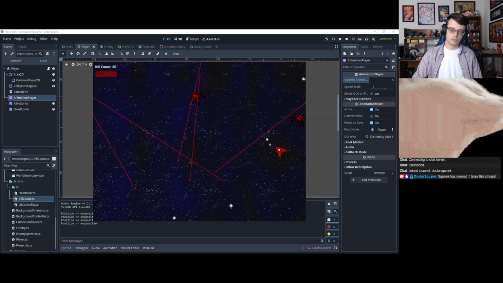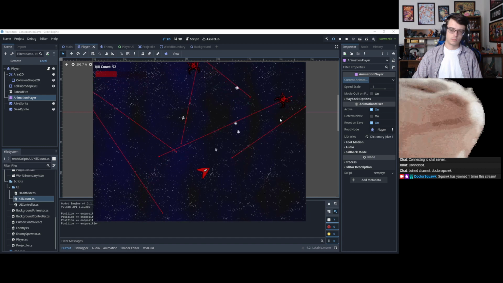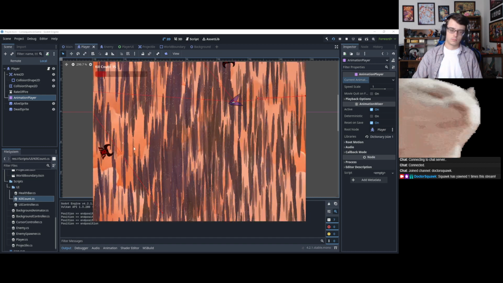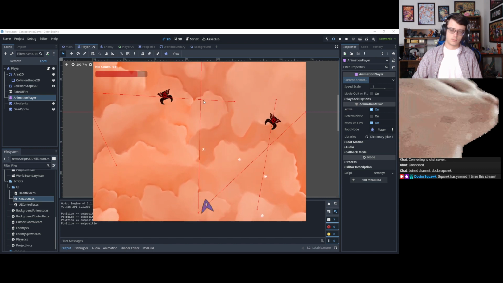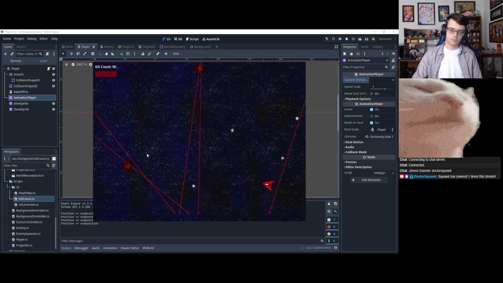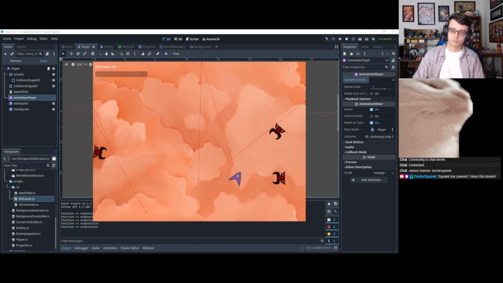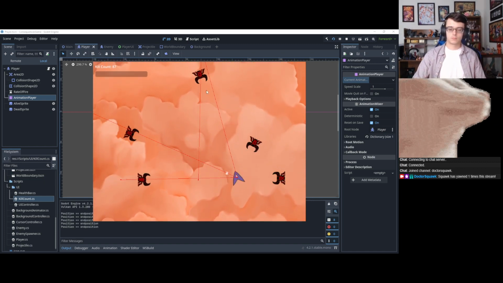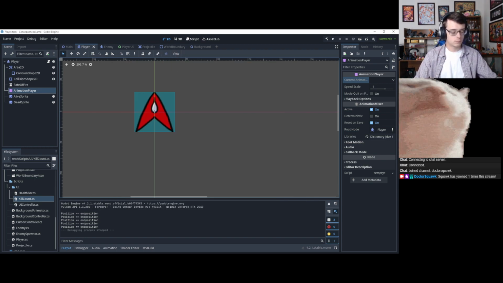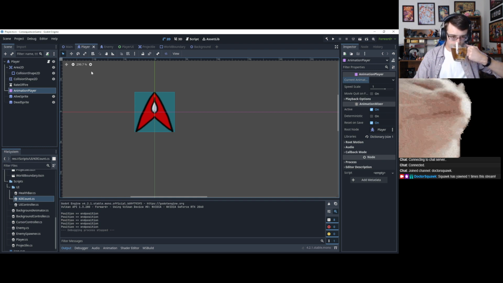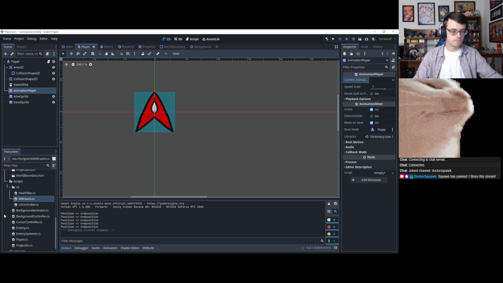Okay. I am very confused. What? Okay. I was trying to center my UI container, and I was like, I can't get this to work. That's because I was using a control root node, which was messing everything up apparently. Because when I set the anchors preset to center now with just the panel container, it actually centers it.